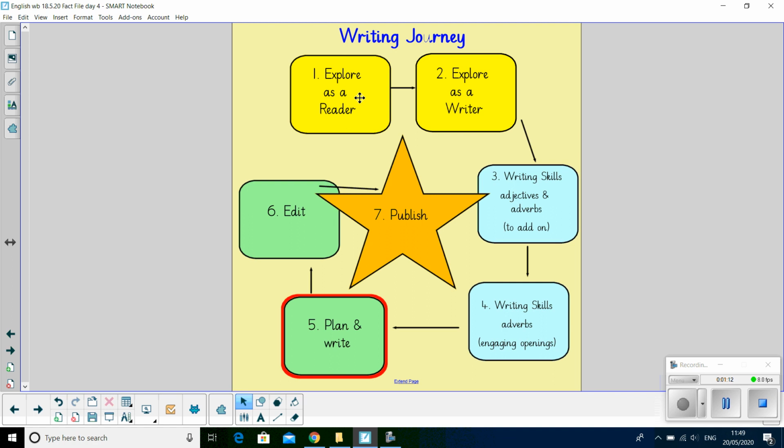Okay, our writing journey. So last week we explored as a reader. This week we've explored as a writer, and to get our checklist of features. We've looked at adjectives last week, and noun phrases, similes, description. And this week we have looked at adverbs. Adverbs to add on information, and adverbs that are engaging openers, making somebody want to read it, so enticing the reader to read. Today's focus is planning and writing